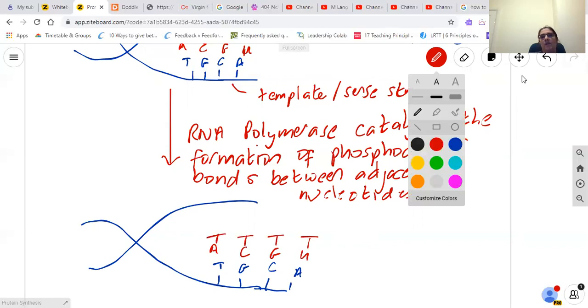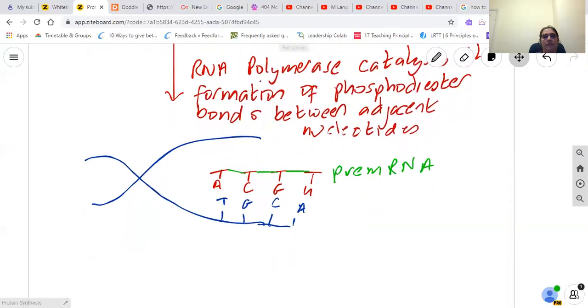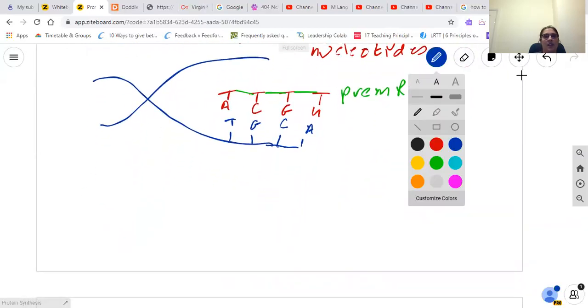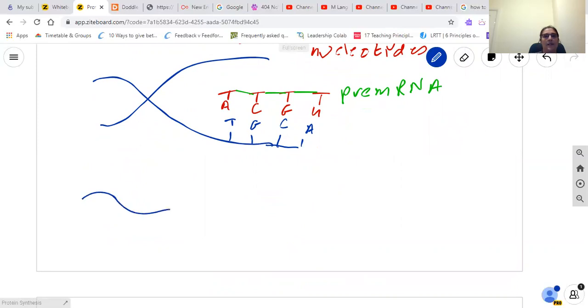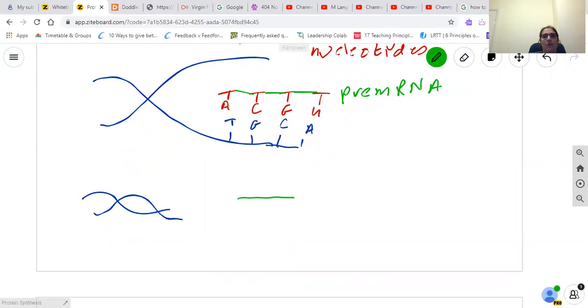And just to show you in a different color, the phosphodiester bond, that's what's being catalyzed by RNA polymerase. And that will form what we call pre-mRNA, because it's not quite the finished article. All that will happen once it gets to the end of the gene is that the DNA will wind itself back up again, and you'll be left with your